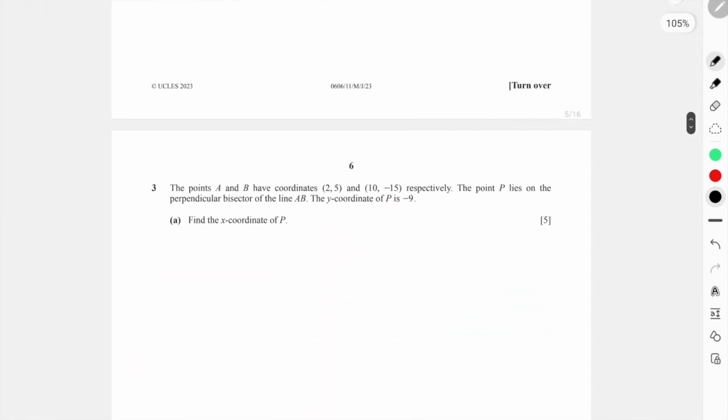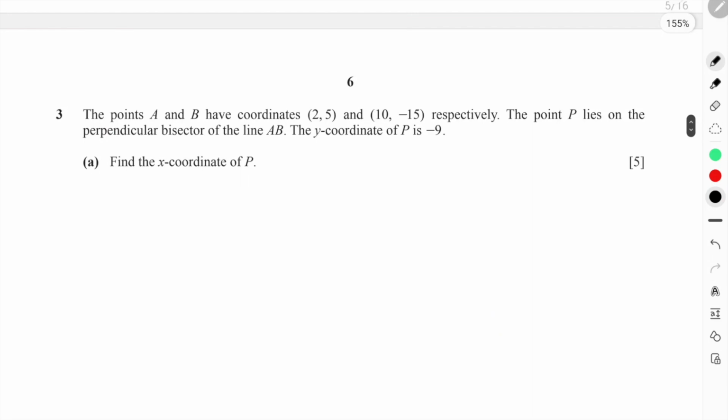Alright, let's go to the next question, the third one. So the points A and B have coordinates 2, 5 and 10, minus 15. And then the point P lies on the perpendicular bisector of line AB. The y-coordinate of P is minus 9. We have to find the x-coordinate of P. Alright, so